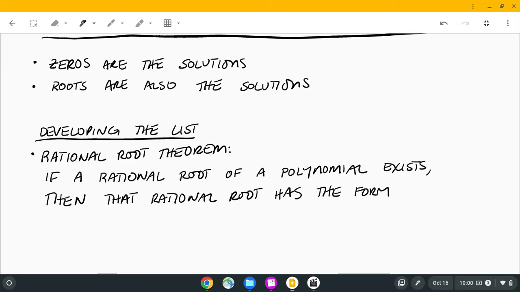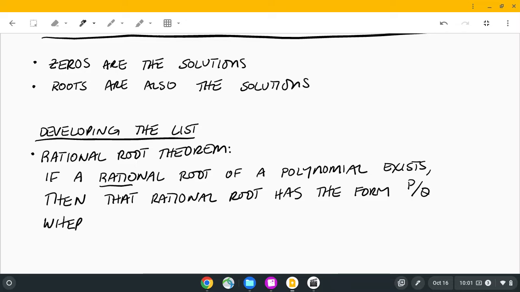and you have to remember a rational number, key word here, ratio. A rational number is a number that can be written as a ratio of two integers. A rational number is like 2/3 or -5/7. An example of a number that is not rational is like square root 2. All right, so if a rational root of a polynomial exists, then that rational root has the form p over q,